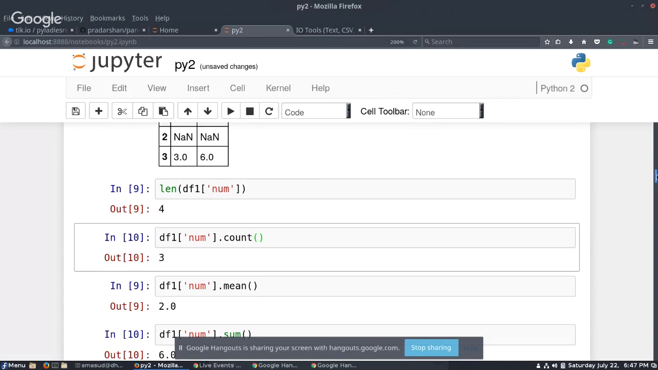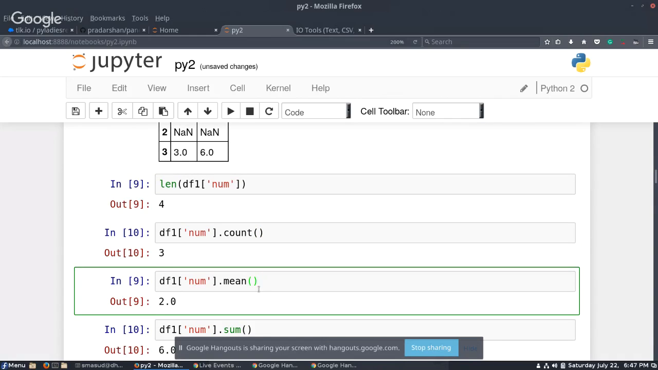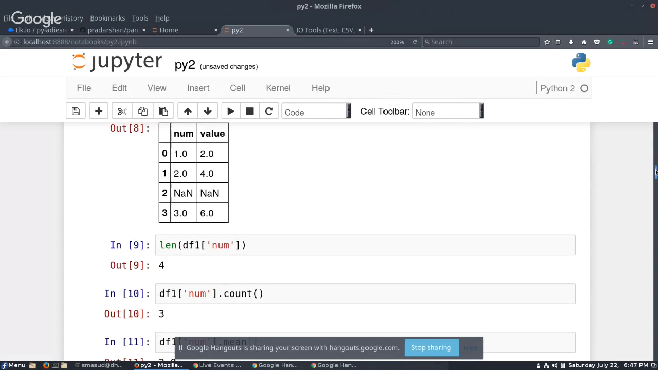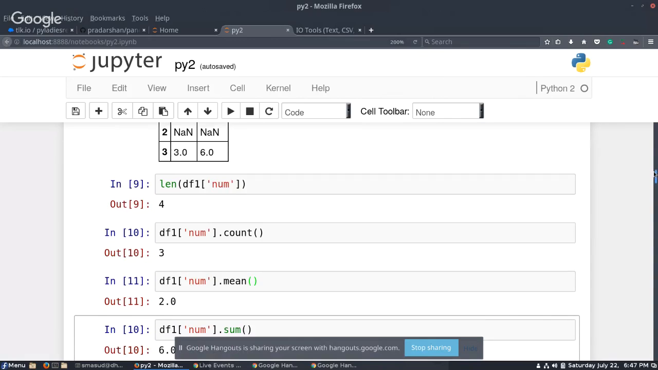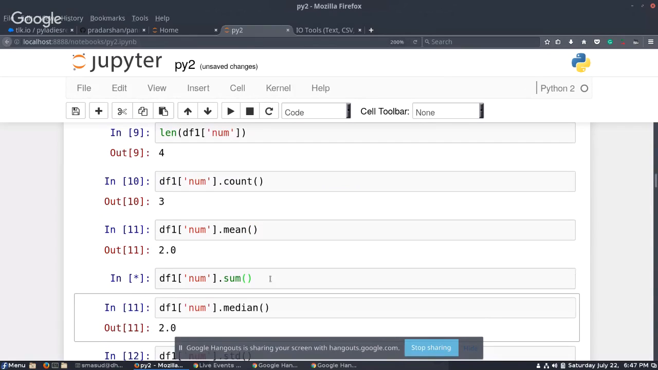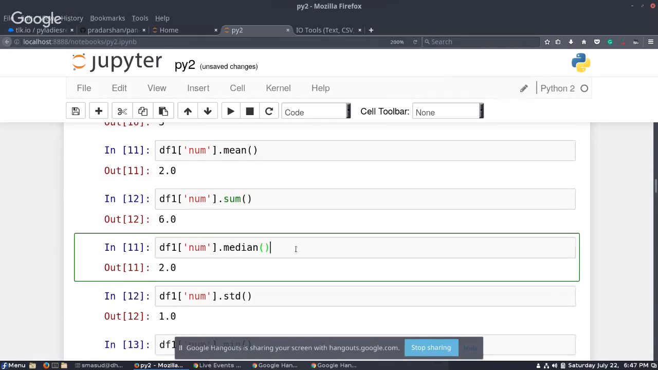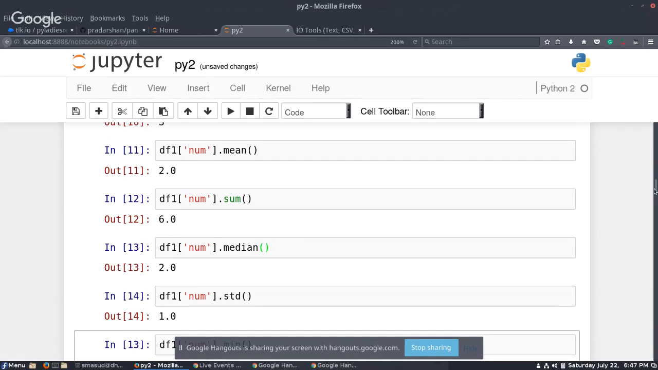Similarly, when I perform other statistical operations on the num column, let's say mean, I see that the mean again ignored the NaN value, because the sum of column num will be 1 plus 2 plus 3, which is 6, divided by the 3 values that are not NaN: row 0, row 1, and row 3. So the mean comes out to be 6 by 3, which is 2. Similarly, for sum, you see that the sum again ignored the NaN value. Similarly, for median, it will ignore the NaN value,